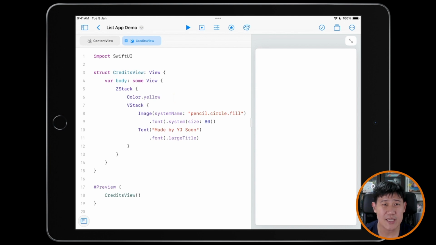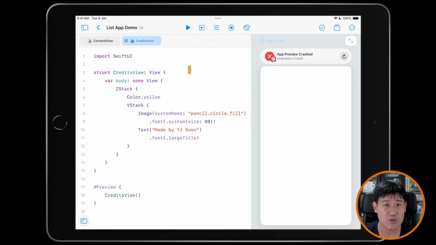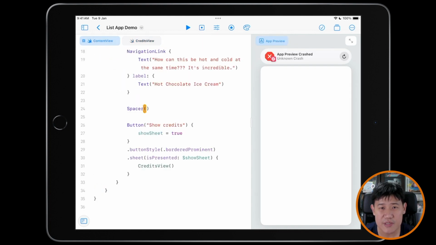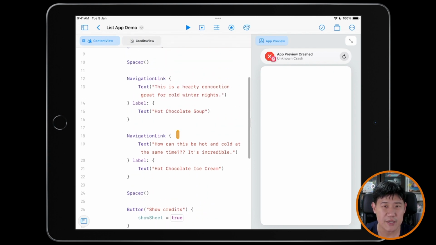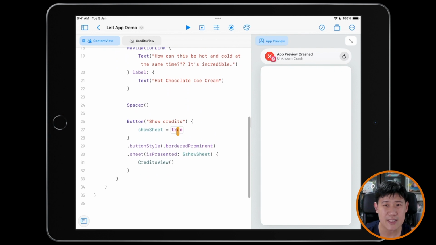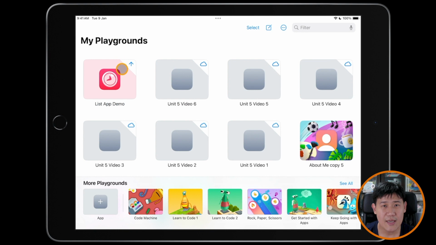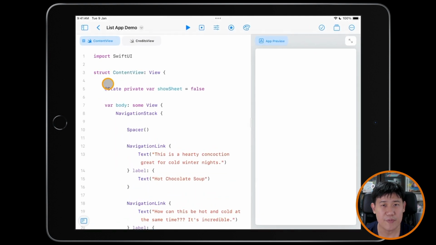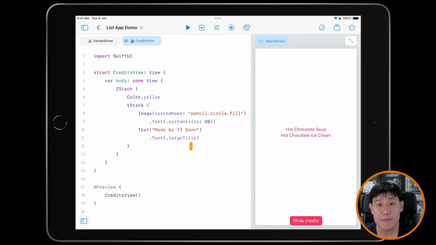If your code crashes like this, one thing you can do is exit your current playground and reopen it, and there's a good chance that it will work afterwards. Okay, but let me just check real quick to see if there's any good reason why it should crash. I don't think so, right? Just based on my understanding of the code that we've written, nothing seems awfully wrong. So let me just exit and just reopen it and hope that it resolves the issue by itself, because this forces Swift Playgrounds to reload all the code. Okay, so I'm going to go to credits view